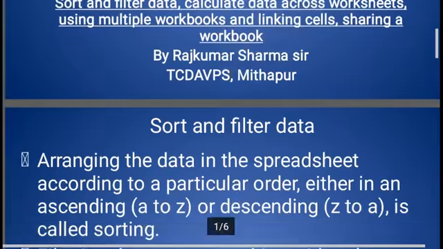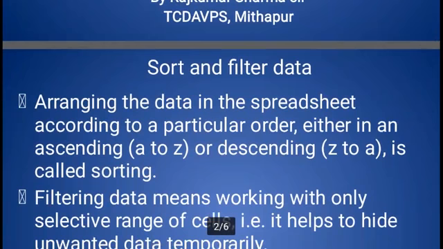Okay, so first, suppose we have a table, suppose a mark sheet. In the mark sheet, there are student names and different obtained marks for different subjects, but I want to arrange this data in ascending or descending order, or I want to search a particular class-wise data or name-wise data. Suppose we have 1000 students' data, so it's very difficult to manage and search, but with the help of sorting and filtering options we can easily analyze our data very quickly.